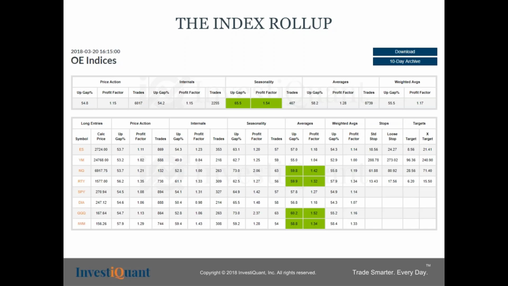The basic idea here is that if something's showing up in green, that means it's got a pretty good up gap percentage and profit factor. I won't get into too many details on this, but that means you've got decent odds. So I generally look for an up gap percent of 55% and a profit factor of 1.3. And I often look at ES and NQ since they're the ones I trade the most often. And I look at the roll-up averages at the top as well. So this shows us our 4 major futures and ETFs for the S&P, the Dow, the NASDAQ, and the Russell. This is something I go over every day that I'm in the trading room.